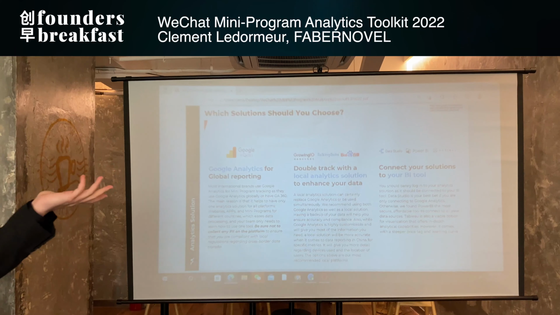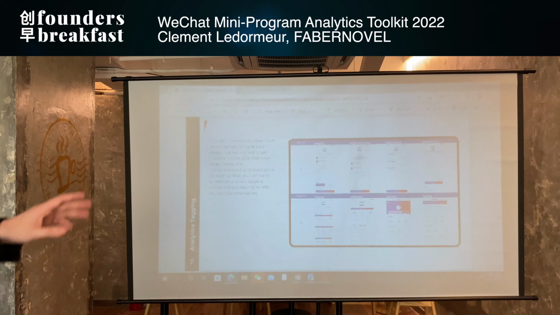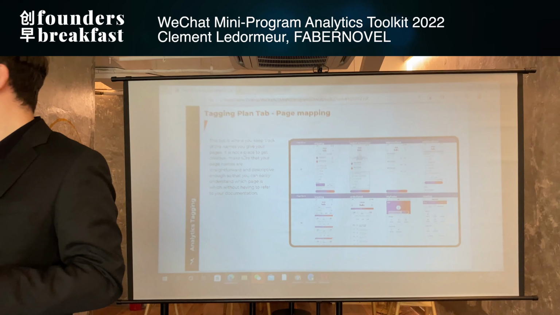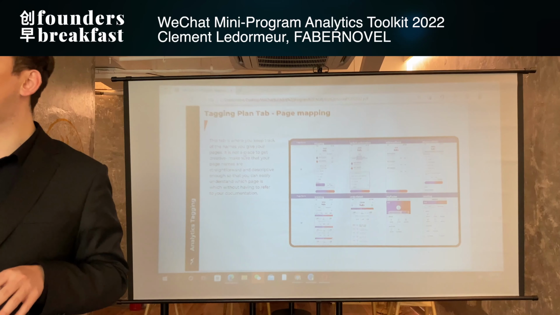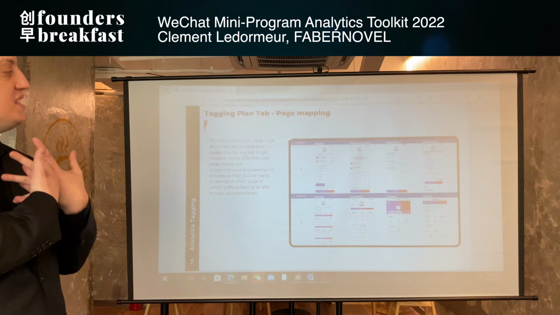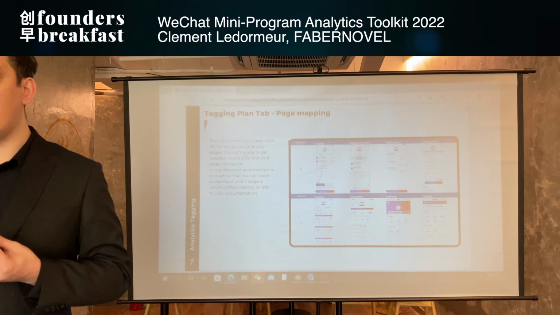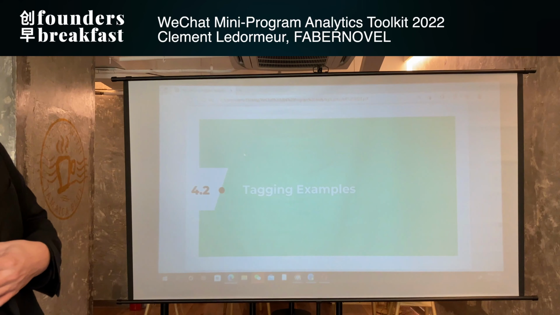And then we connect with a dashboarding solution, so Power BI, Data Studio, any BI solution that you want to use. And to finish, we did a tagging plan template. For example, if you built your mini program, then we offer as a giveaway a way to see how you can track and what you can track on your mini program. You can download it after the event.